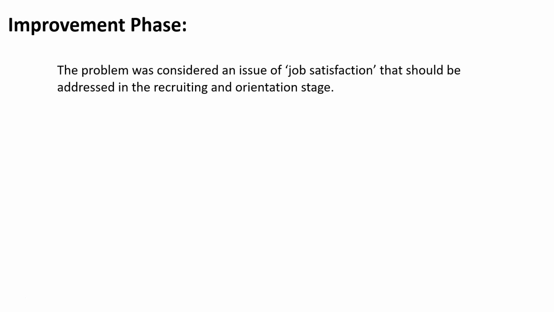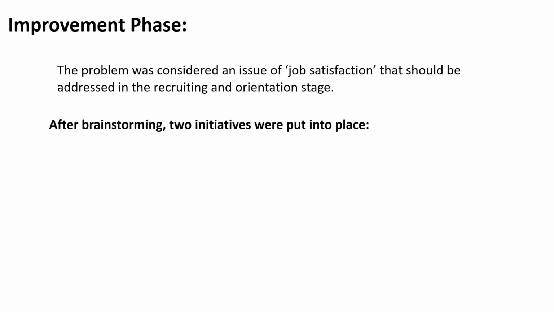So they started looking at this as a job satisfaction problem, figuring out, okay, if we have a job satisfaction, you got people in the first 6 months worried about career growth, people getting worse and worse on other issues the longer they're at that company. They categorize everything under the umbrella of job satisfaction. So that should be getting addressed in the recruiting and orientation stage. So they're apparently looking at this as a way of controlling expectations. Thinking if they can control the expectations, then they'll deal with the dissatisfaction that a lot of the employees are